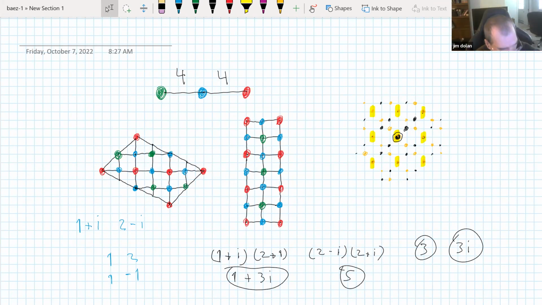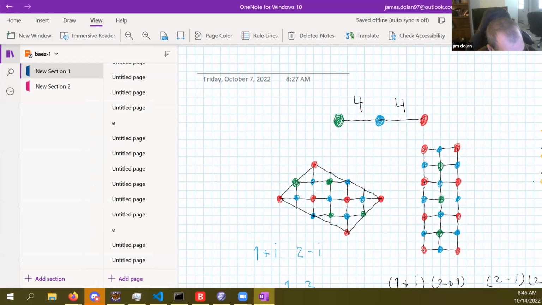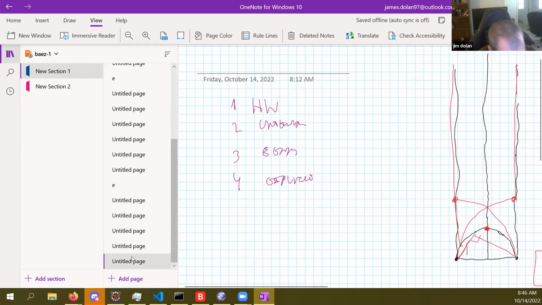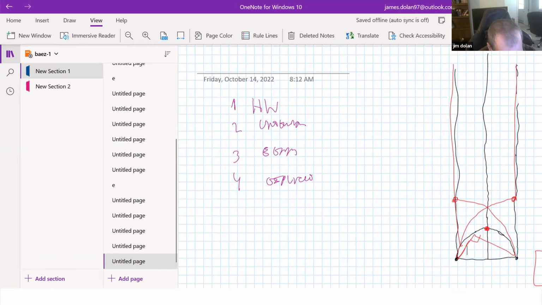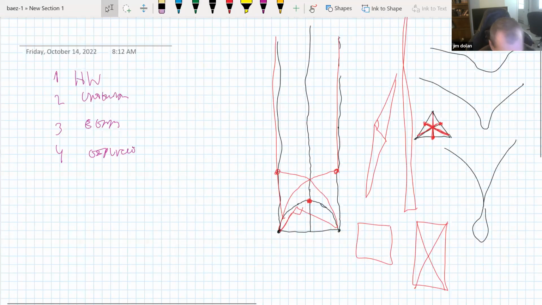Okay. I hope that's the right way. And now I go back to the other page. How do I do that? Bring back to the last page. Okay, this is today's page. Okay, so